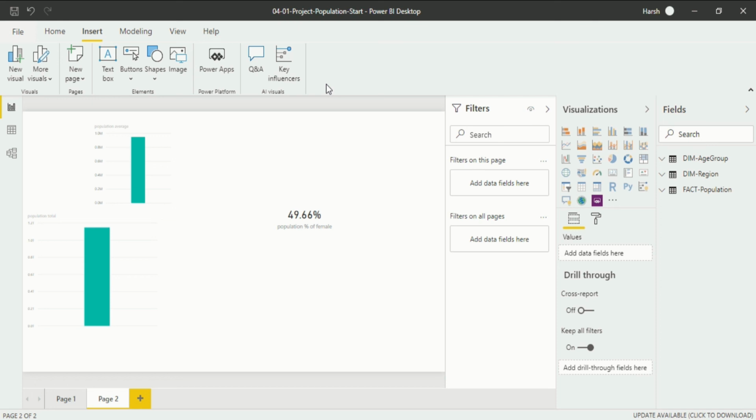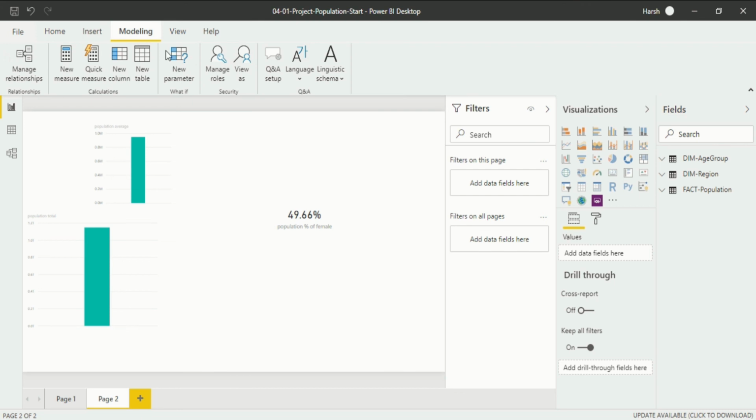You don't have to put in data, you don't have to do anything, and it will answer all those questions. If you want to know about key influencers, it will also point that out for you. That is available in Power BI desktop in the ribbon section. So after that we will get into modeling.